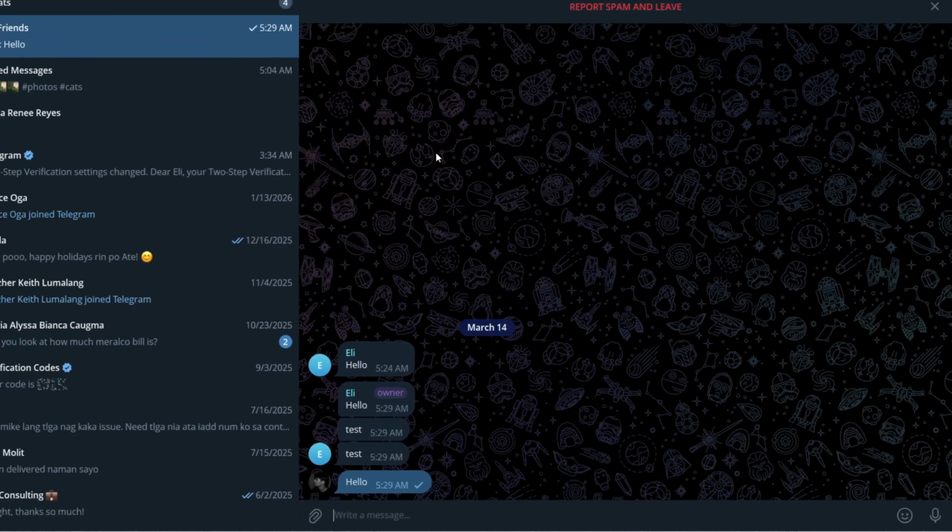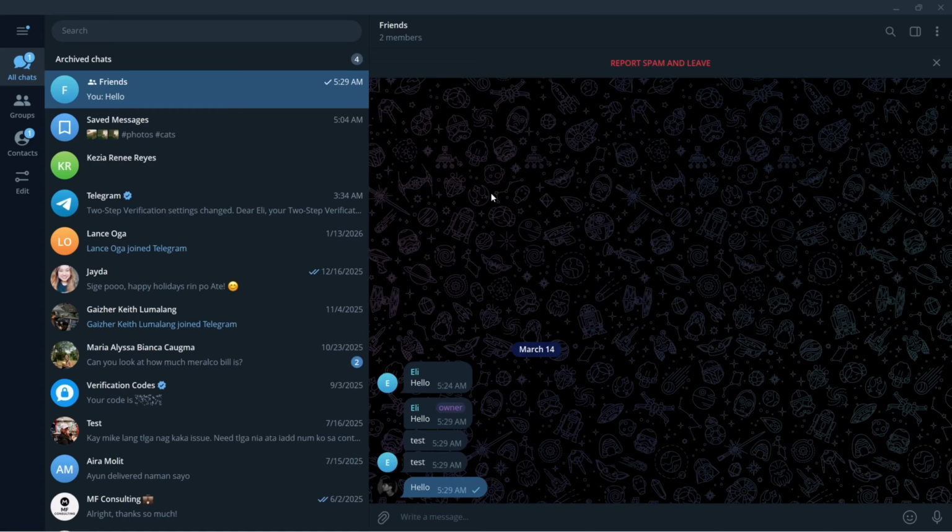So that's how to enable slow mode in a Telegram group chat, and it's pretty useful when you're managing a